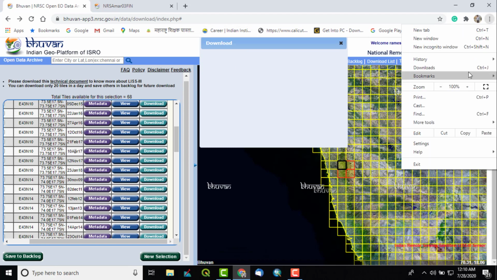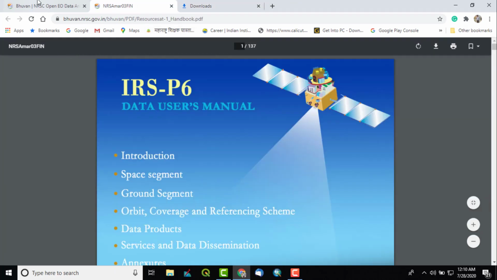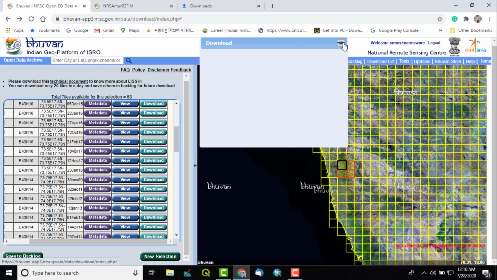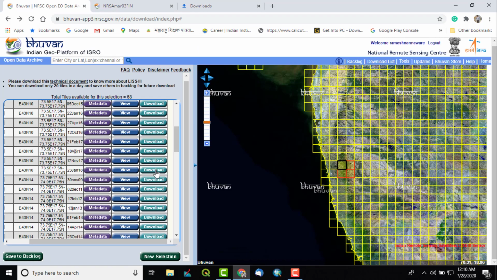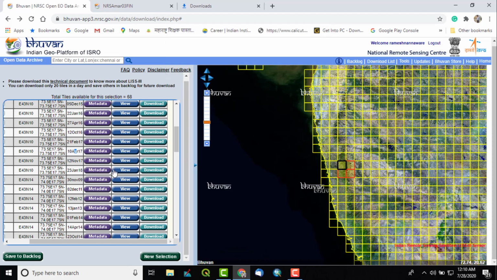I will just see from downloads if there is any activity. There are only downloaded files. So I will again click on that. It is saying you have either already downloaded or saved in this backlog. I already clicked on that, so that's why this error may be there. So I will download for this particular patch. I will download the 2017 image.